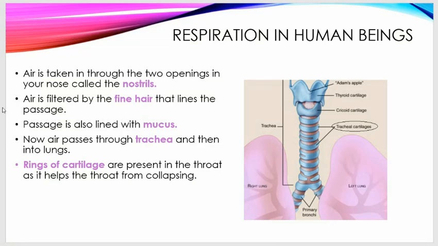Now, the trachea is made up of tissue. Okay, so it's actually made up of kind of connective tissue. Now, it might happen that this trachea, since it is made up of tissue, when the air enters the trachea, it may collapse. And that is why the trachea is surrounded by rings of cartilage, right? There is a cartilaginous tissue which is surrounding it in the form of C shaped rings. The entire trachea is surrounded by this so that the throat, that is, our trachea, does not collapse. Very, very important.